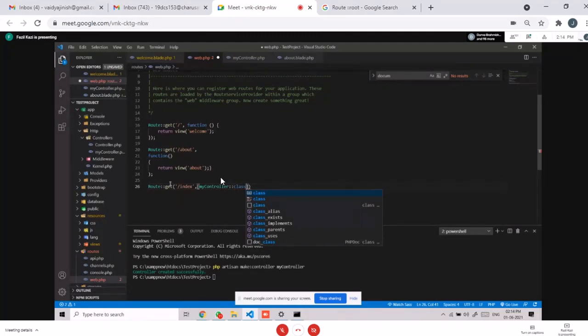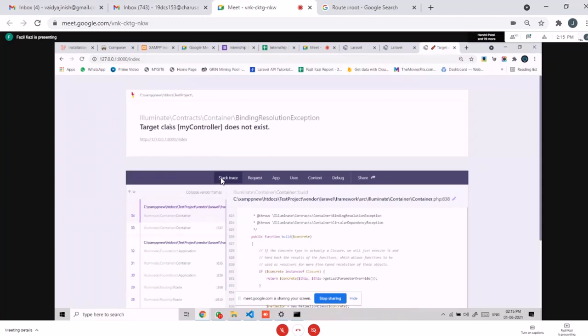We have to define it like this, and in the second argument we have to pass the name of the method which we are calling. In this case we are calling the index method, so we will write index over here. Now when we type index, we get the error: target class MyController does not exist.